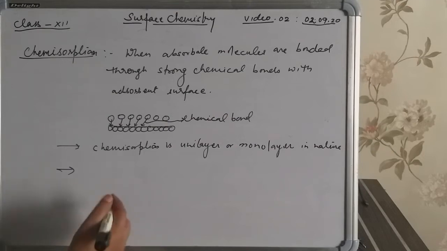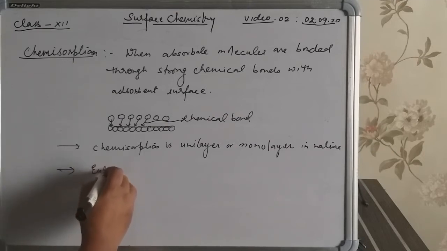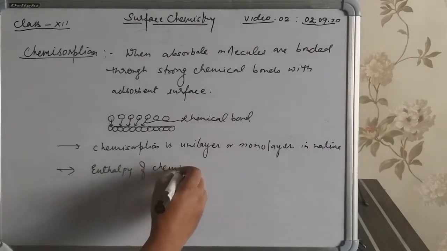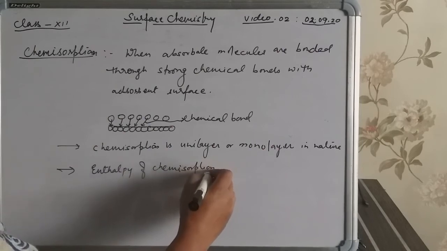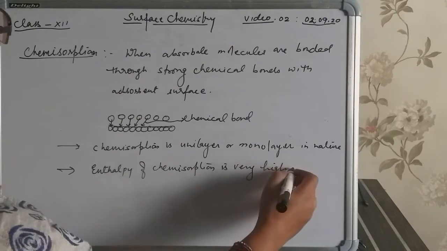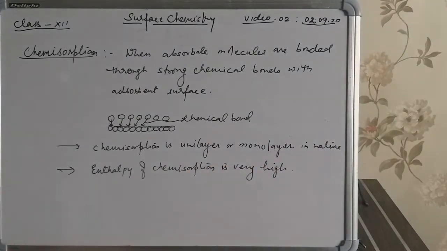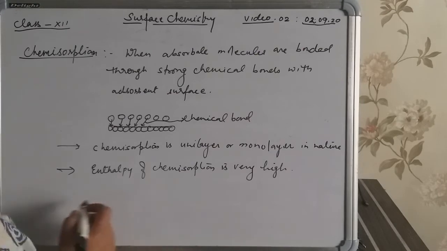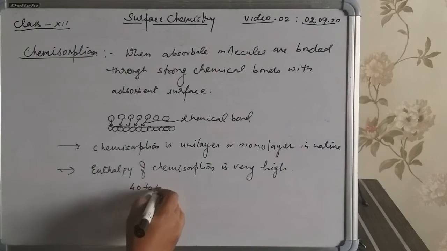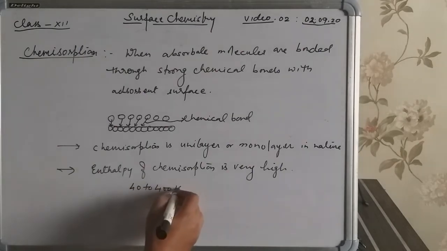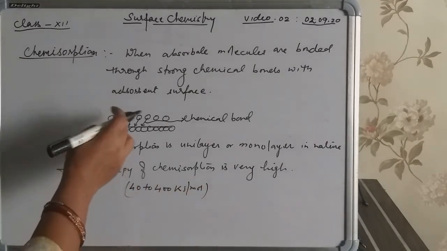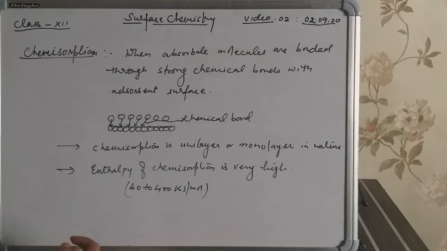Enthalpy of chemisorption is very high, because we know that whenever a bond forms between molecules, a high amount of energy is released. So at least 40 to 400 kilojoule per mole energy is released during the formation of bond between the adsorbate and